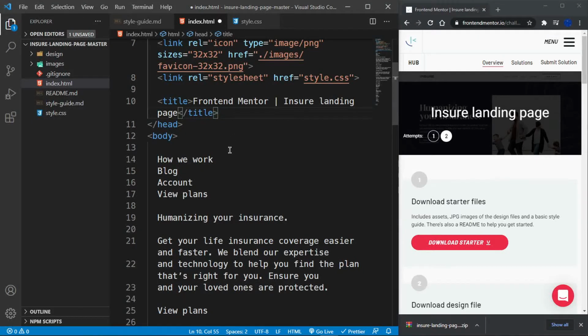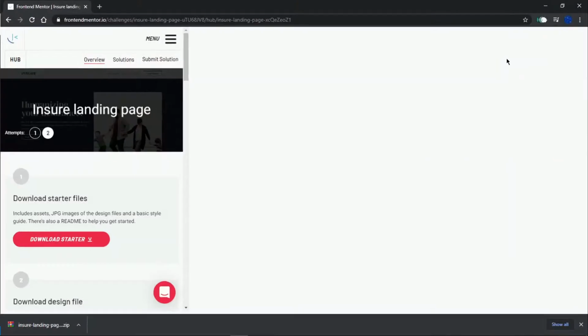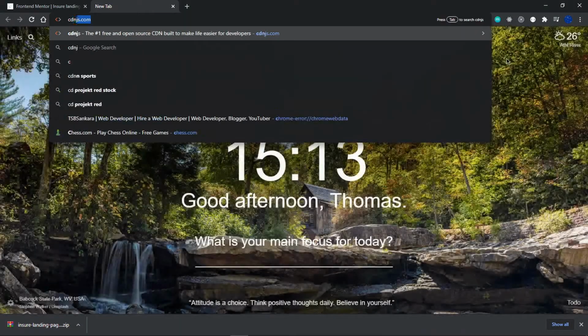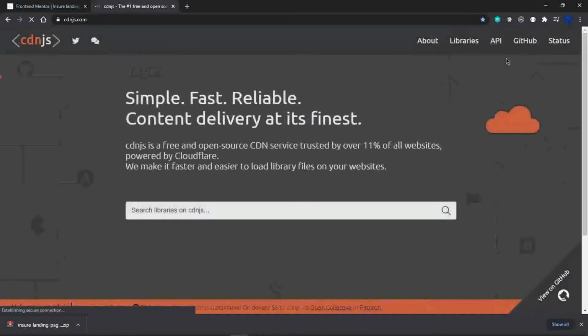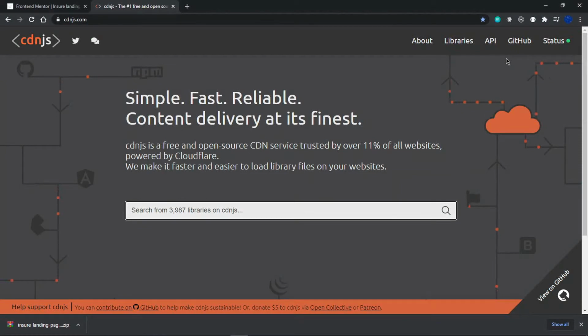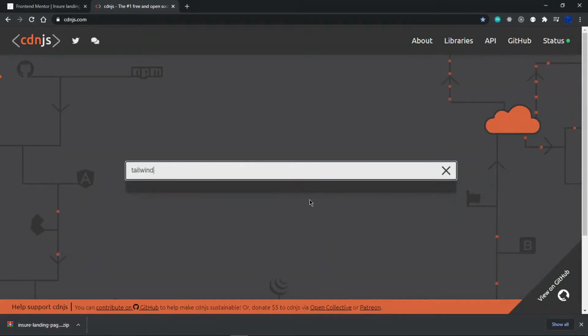And then obviously, because I'm too lazy to think of my own class names, I'm going to be using Tailwind CSS. So I'm going to head over to cdnjs.com. And please, that is not to say that using a framework means you're lazy to think of class names. The internet these days, man. Okay, so let me search for Tailwind CSS